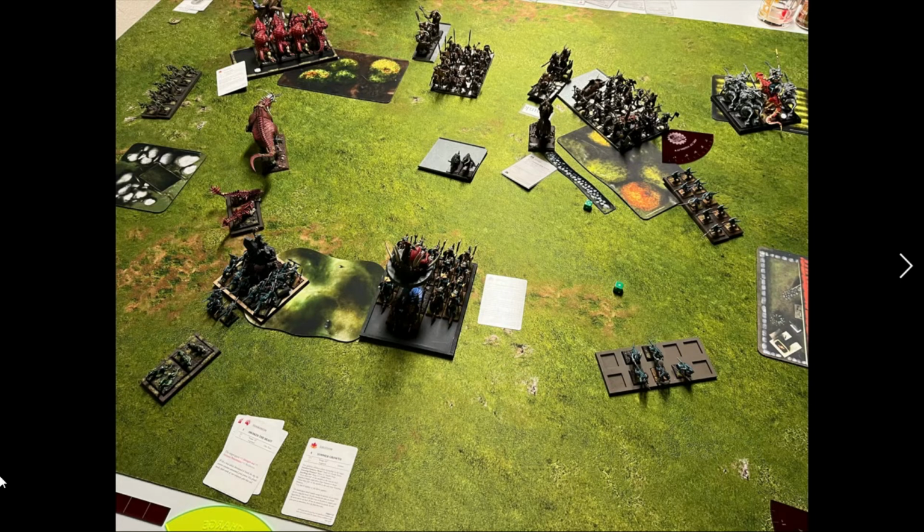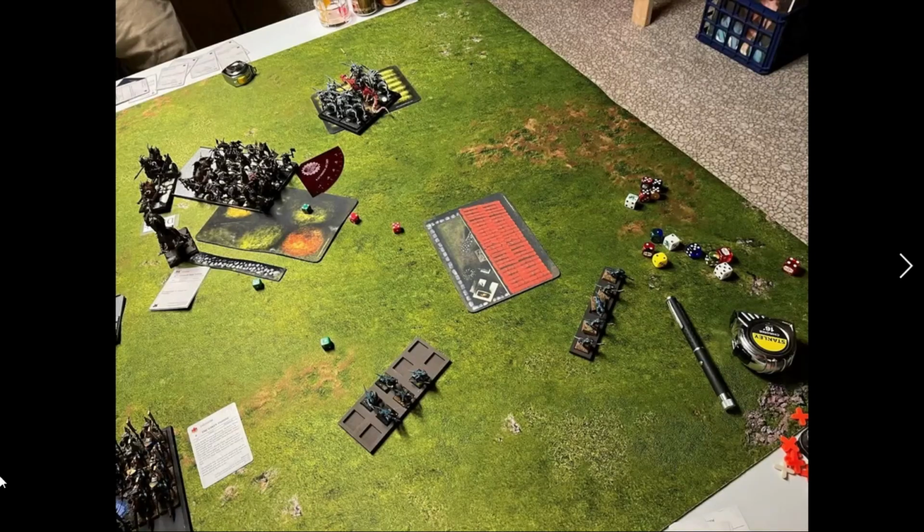Yeah. So this is going into my opponent's turn 4. He charges with his giant into the skinks, who flee. And then he charges with his wild horns into the other skinks, who flee, lose half their models going through the building. And then I believe he just sort of...